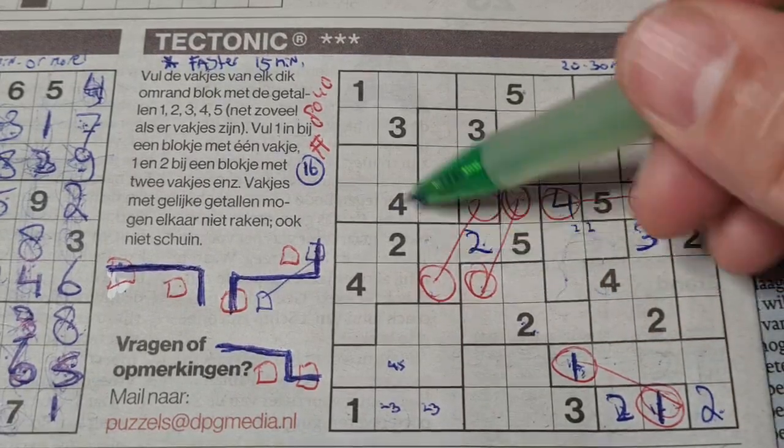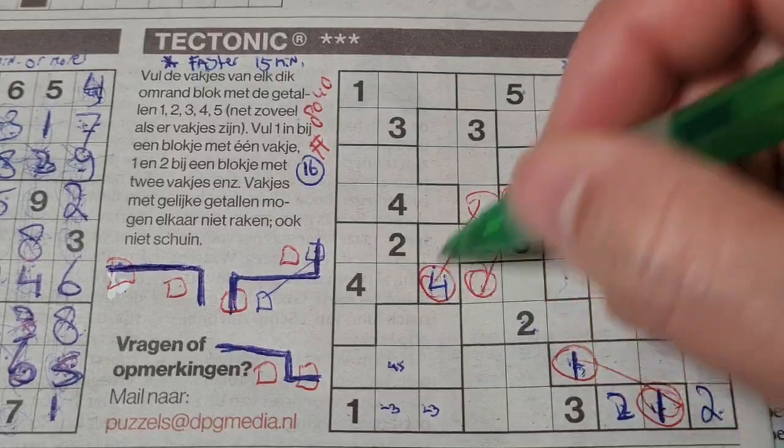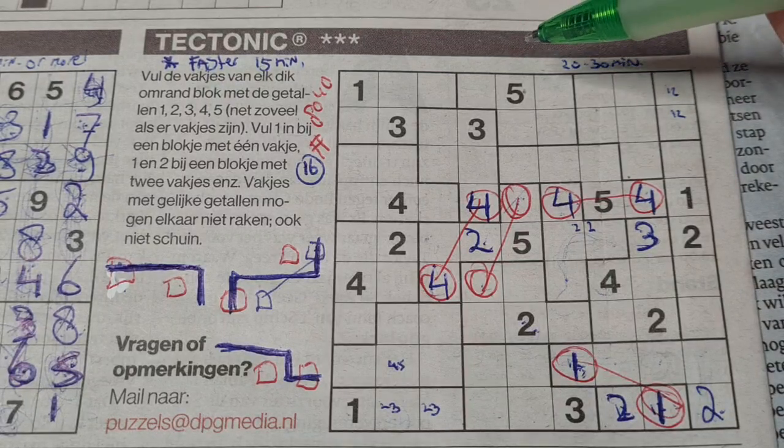This box can be 4, that box can be 4, so 1 box left for 4 in this Z construction should be there, and this box is connected with that box, should be also a 4. Alright. Then